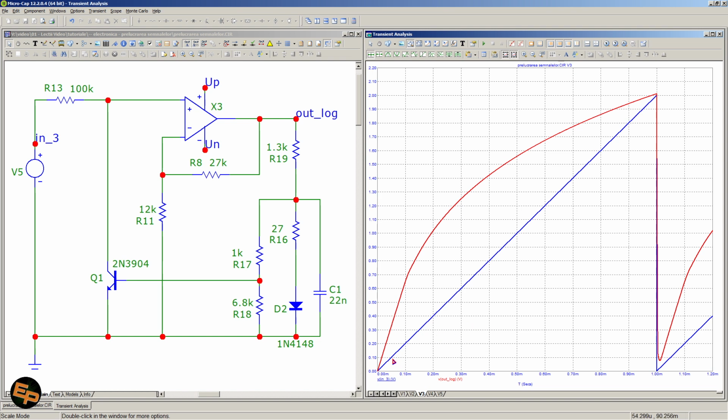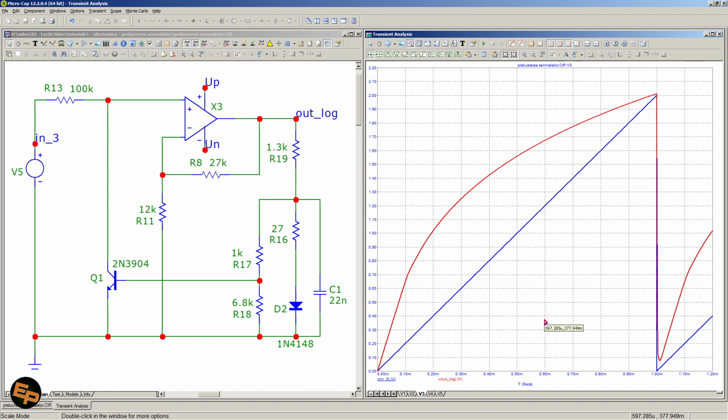Let's say that we want to have a sort of a logarithmic response on the output. So we basically want to calculate something like a logarithm, as close as possible of a logarithm,